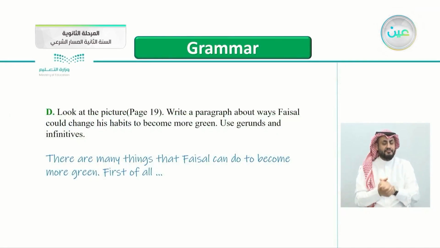Exercise D here, look at the picture, page 19. So open your books, page 19. Write a paragraph about ways Faisal could change his habits to become more green. Use gerunds and infinitives. So you can begin with this. There are many things that Faisal can do to become more green, first of all, and then you continue writing